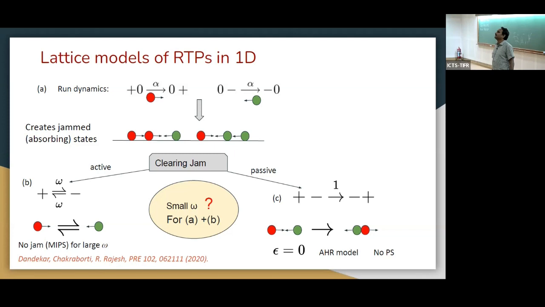Actually, I had a question about the active particles. If the active particles can change from positive to negative, under what condition can they do this? There is a rate omega at which they will do that. You know what rates are, right? Yes. So with some rate they will flip. Okay, thank you, sir.